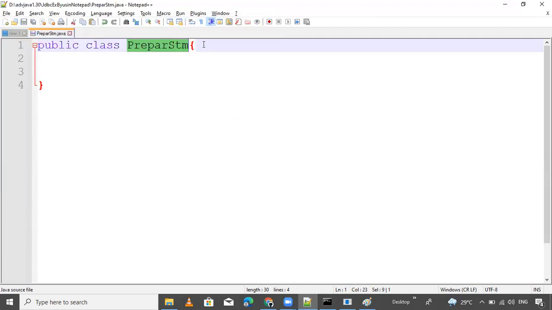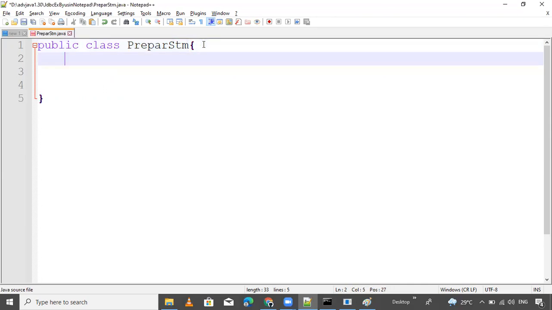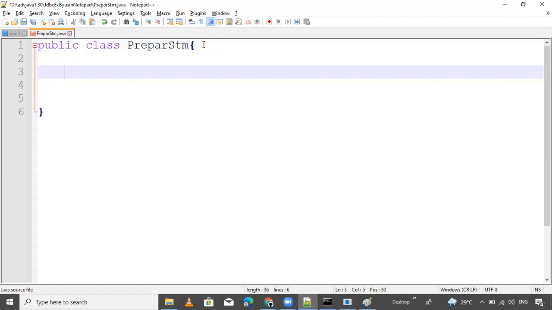I will ask the user. In this example, I will ask the user how many records they want to insert by using a for loop. This is the new example. Okay, try to be with me. Try to focus. I will provide a very good example. Okay. Public static